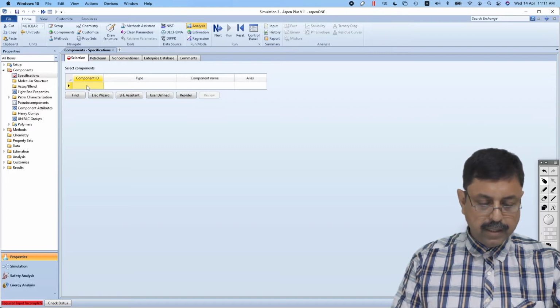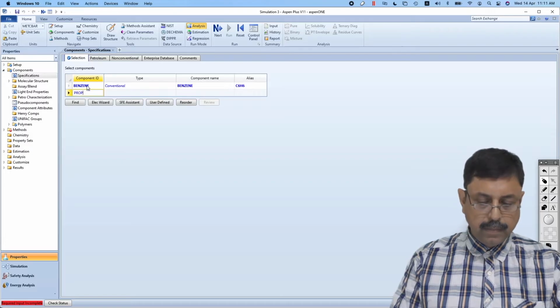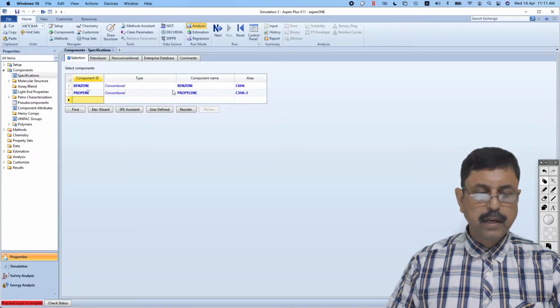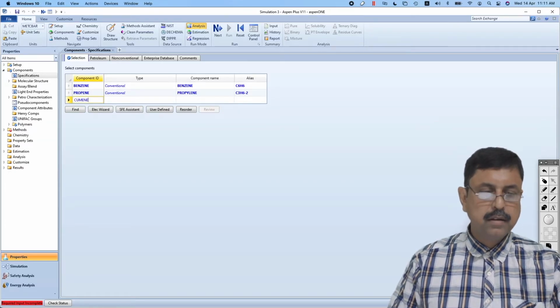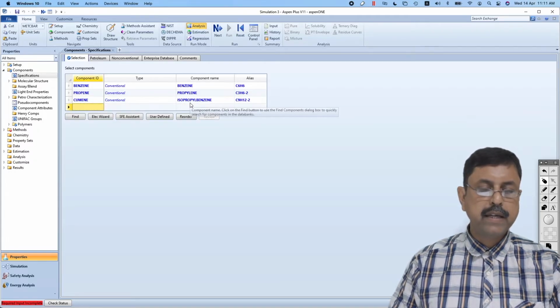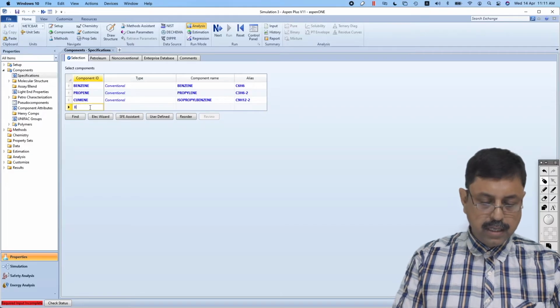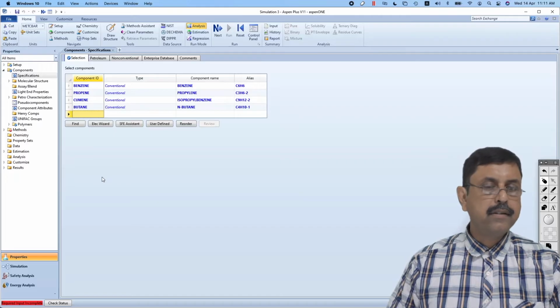First component is benzene, then propene or propylene, same thing, and they will produce cumene, very common component, so it will identify as isopropyl benzene, and butane, that is the inert,